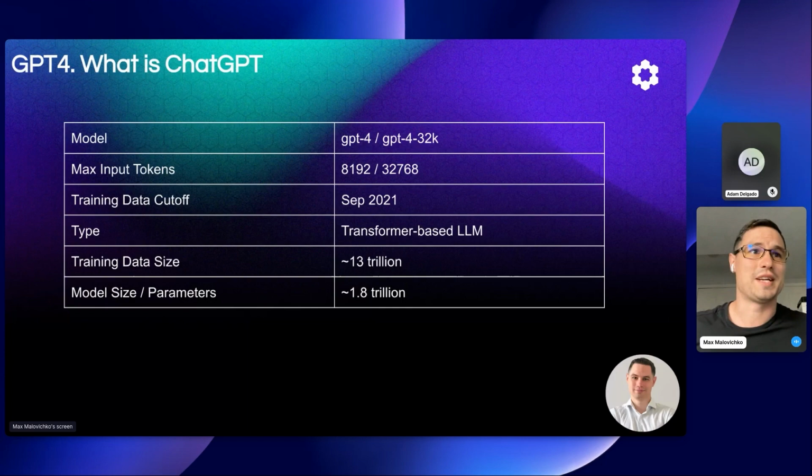All the stuff from this summary table can be found on the internet. We pretty much all know, whoever's using ChatGPT, that it has a little bit more than 8,000 input tokens, which basically defines the length of the input that you could feed it. The training data size is absolutely huge. I believe it was trained on around 65 petabytes of data, and it has more than 1 trillion parameters. The model size, or the parameter size, actually defines how efficiently the model can operate on its training data.